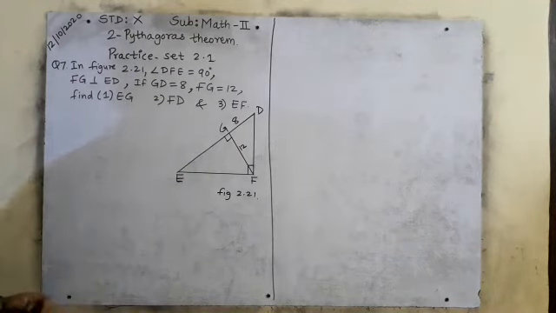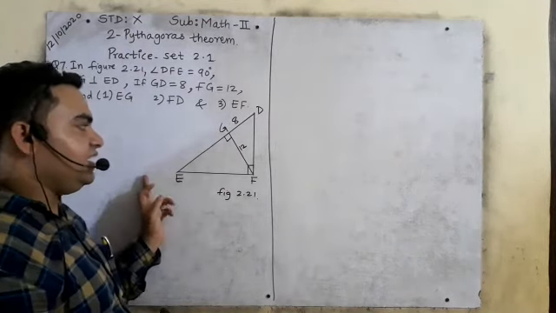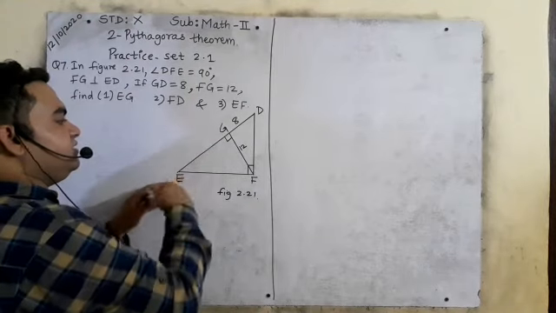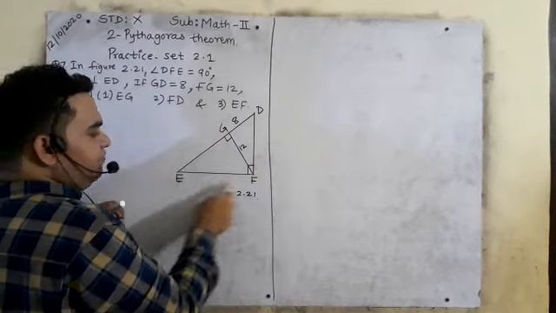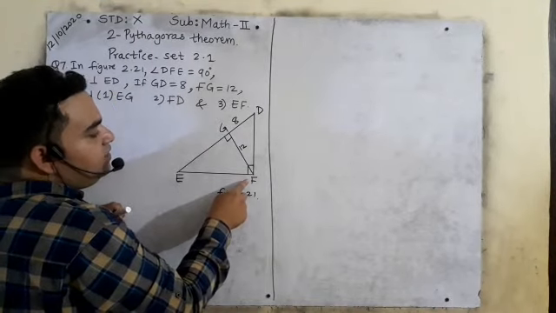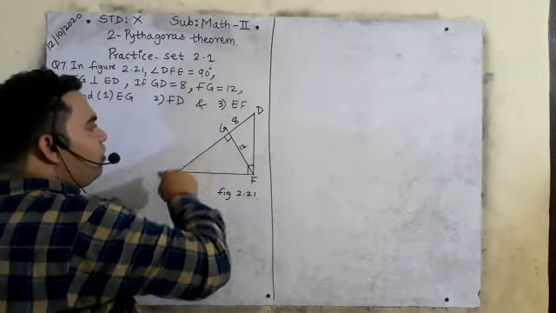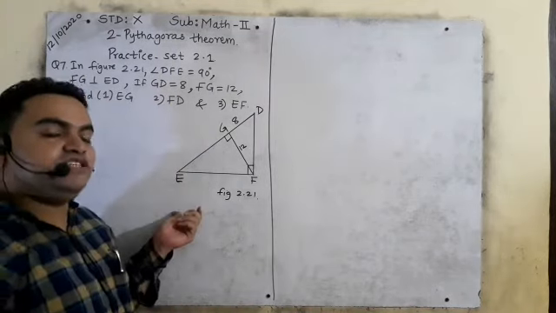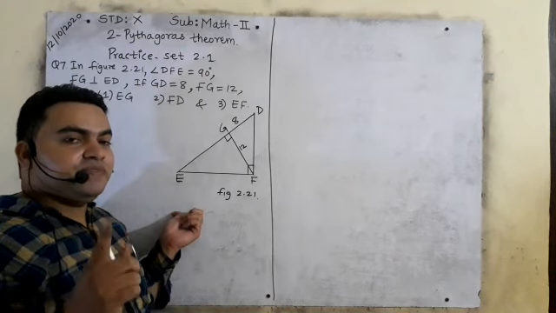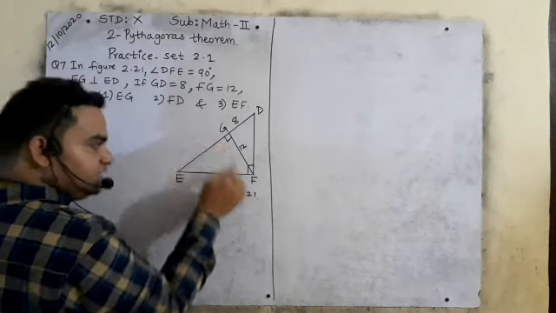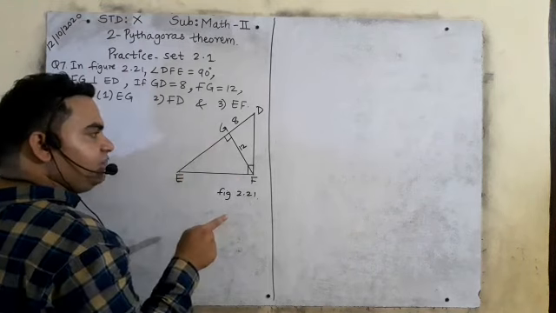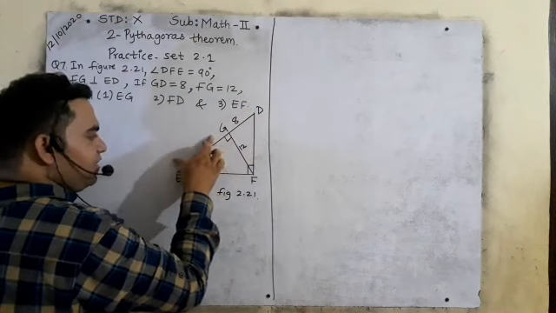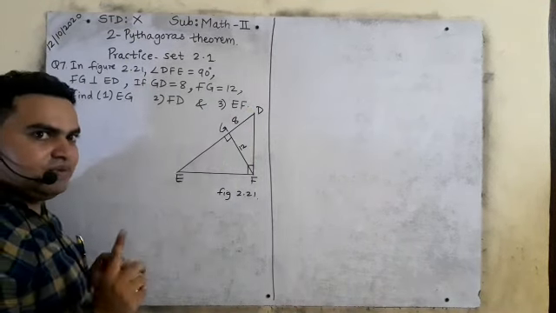Do you remember something? One formula is there when there is a right angle triangle, and if you get a perpendicular on the hypotenuse. DFE is a right angle triangle, and FG is a perpendicular on hypotenuse ED. Can you see? So there is one formula we will use. Which formula? Remember, geometric mean. Yes. So here FG, which is perpendicular, so FG is the geometric mean. FG square is equals to GD multiplied by EG. Is it clear? Do you remember that formula?